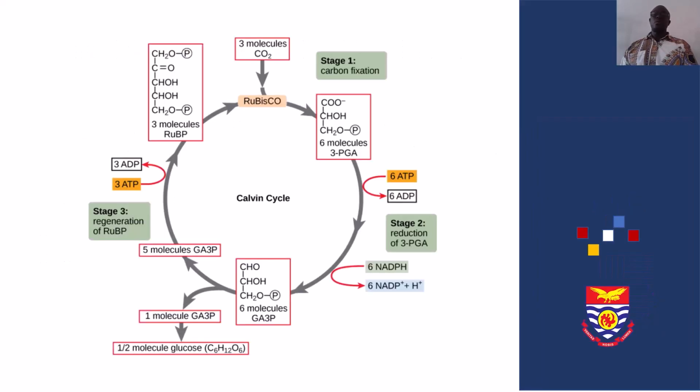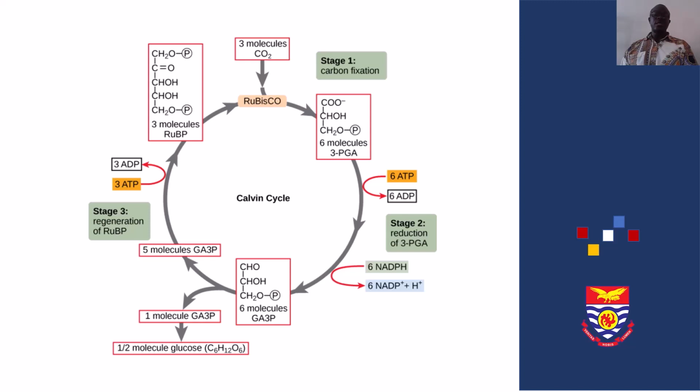So here we go. We have three molecules of carbon dioxide. That's the Rubisco stage 1. We have carbon dioxide fixation. We have 6 molecules moving in through a cycle. You have 6 ATP giving us ADP. It is reduced. Then stage 2, that's the reduction, and